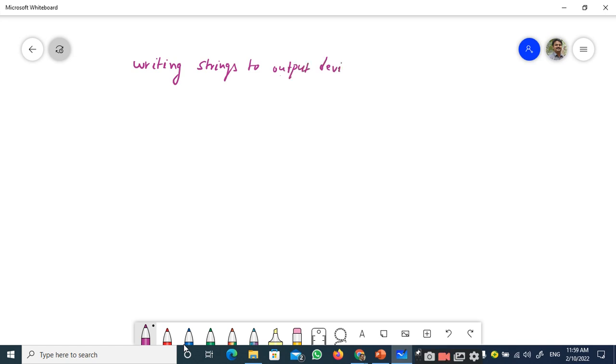Output device. Similar to that of reading strings, we have 3 different functions. One is scanf, the second one is gets, and the third one is fgets. In a similar fashion, we have 3 different functions to deal with writing the string onto the standard output device. The first one is one we are very much familiar with, that is the printf function with